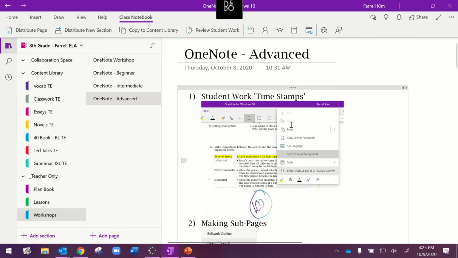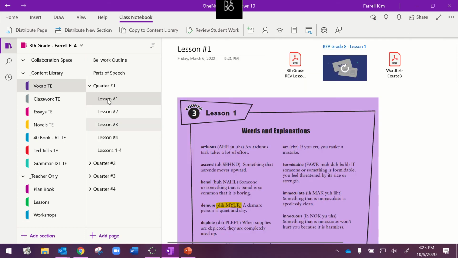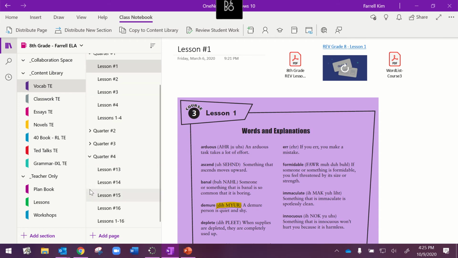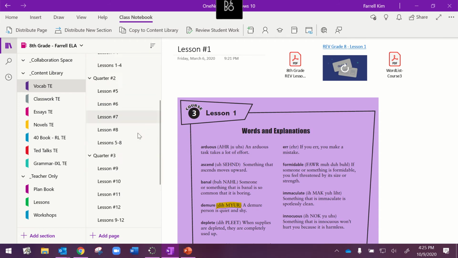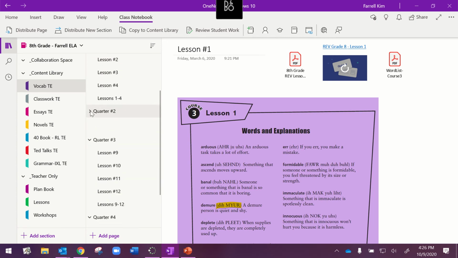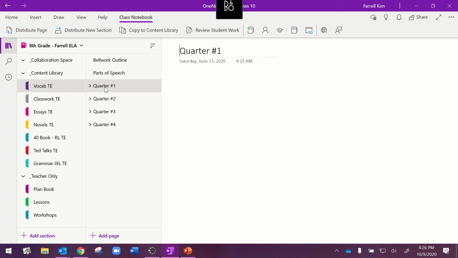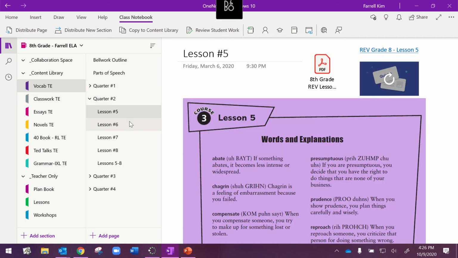One of the next things I want to talk about is making sub-pages. This is very helpful for organizing work by quarter, by chapter, however it works best in your class. I will show you my vocab tab. I have them set up by quarter. So as you can see, if I open every lesson for the whole quarter, I'm doing a lot of scrolling. So what I've done is I've created these sub-pages underneath each quarter so that I can then collapse them and have less to worry about, less to see. So when quarter one is over, I'll close it up and I'll open quarter two and move on to my